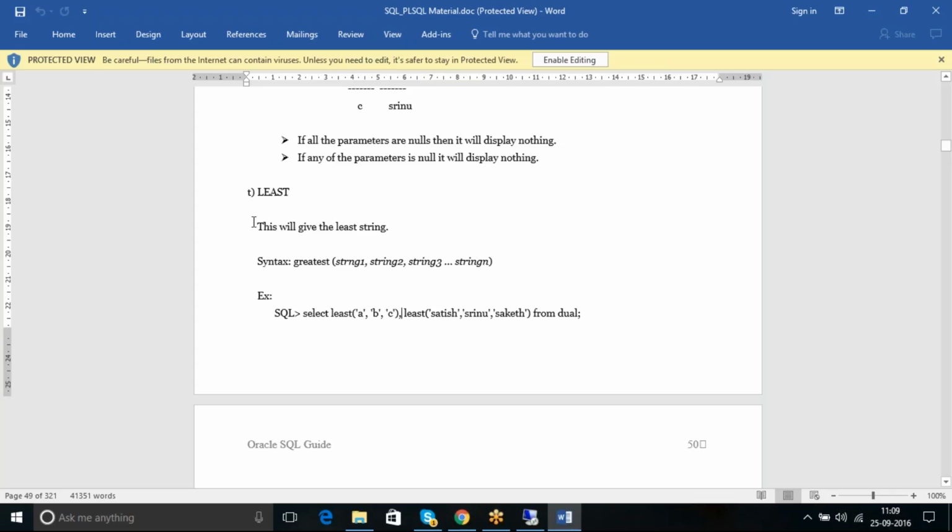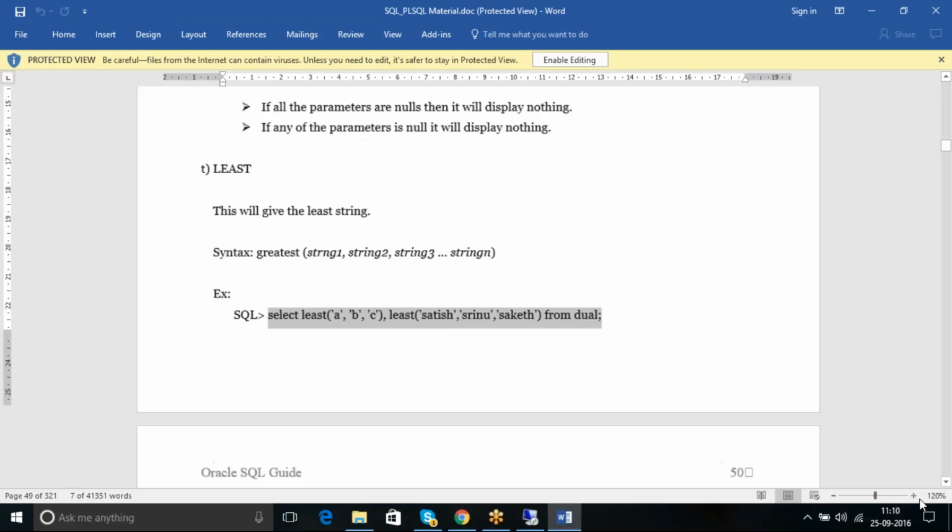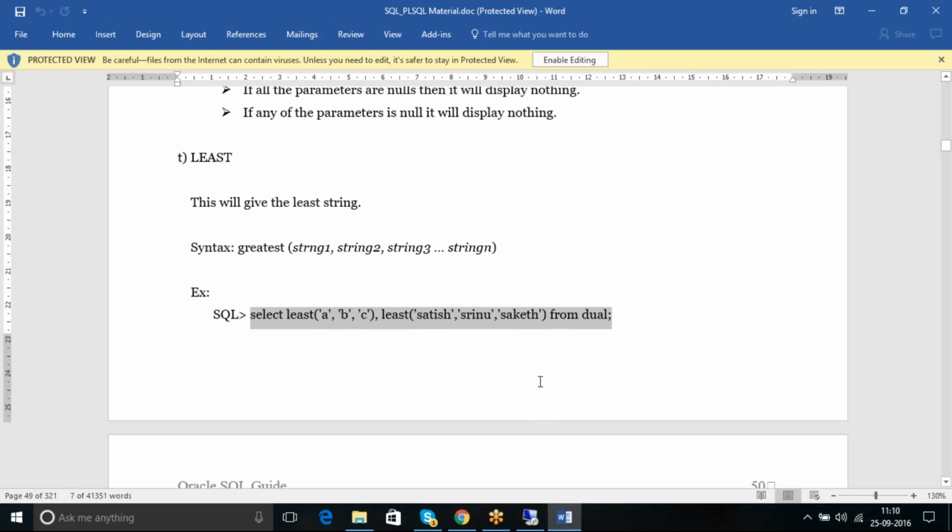Now can you read this one? This will give the least string. You are able to see my screen, right? Tell me now. Select least A, B, C. What is the output?